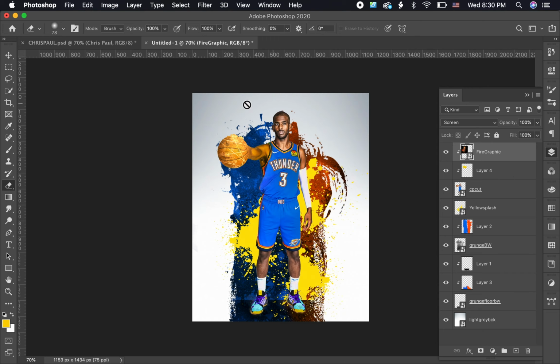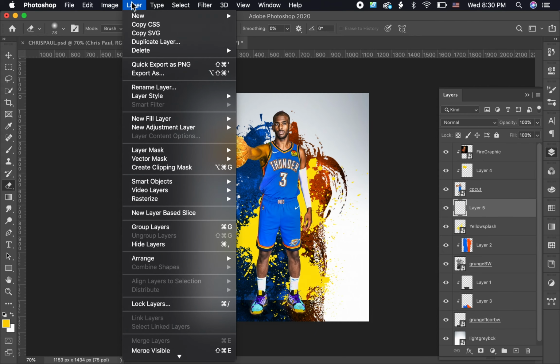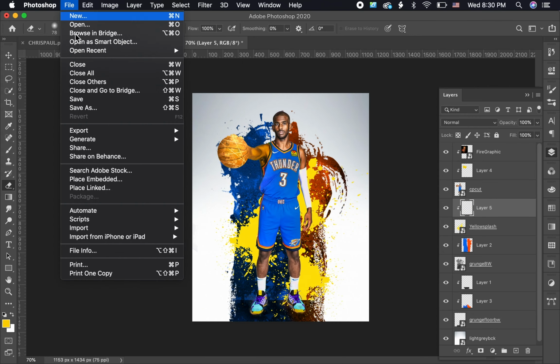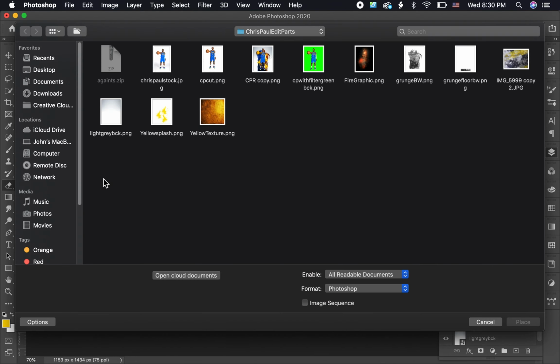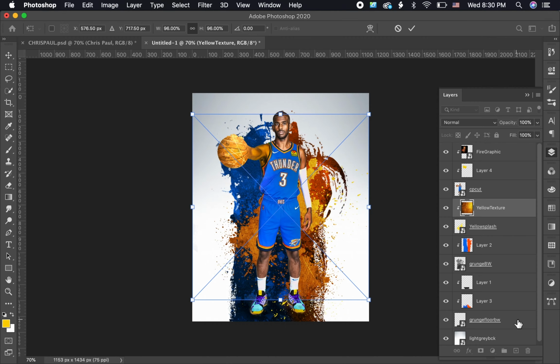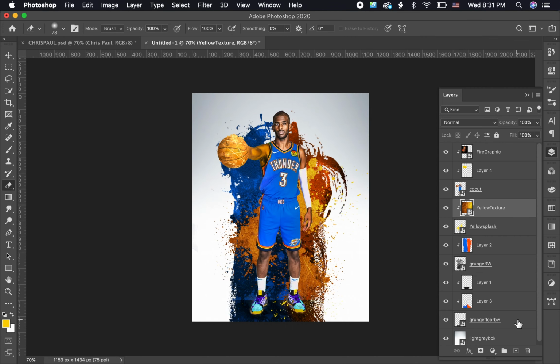So the ball's there. And then the last thing you have to do that I forgot about, go back to your splash, create new, layer, clipping mask, file, place in. We're going to bring in this yellow texture right here. Place the texture. You want to go here, and I just brought down the opacity a little bit because I didn't really want that color. I wanted to keep the yellow. So I brought it here,